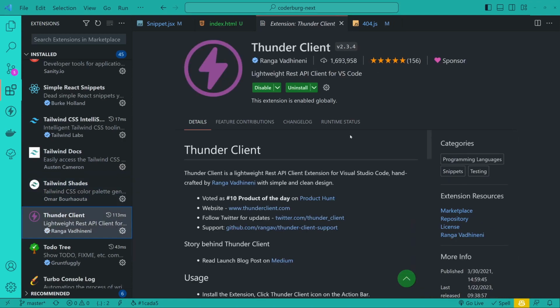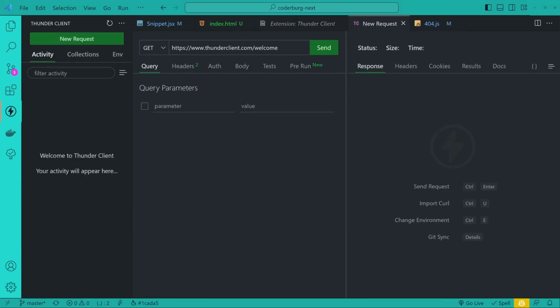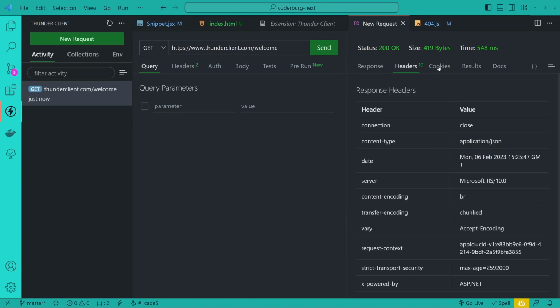Thunder Client is an underdog because it allows you to use the REST API client within Visual Studio. So you have this Thunder Client tab on the left side. You can create new requests inside Visual Studio, send a request to whatever address. You can specify the verb, and then you receive some kind of response. You can pick the headers, you can change the headers, add authorization with tokens, bearers, whatever. So you can do all the stuff that you would normally do in a